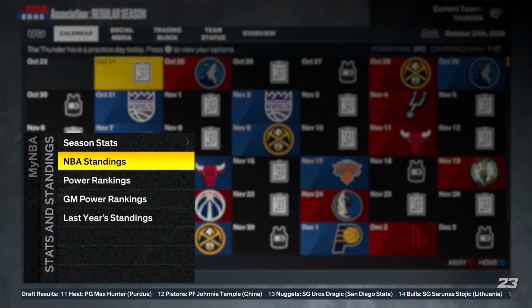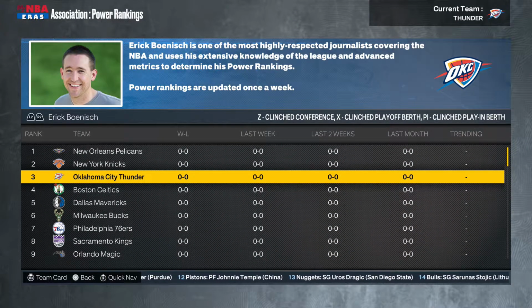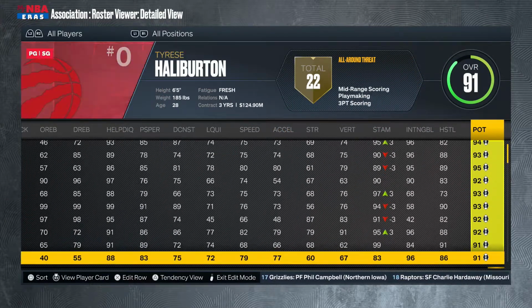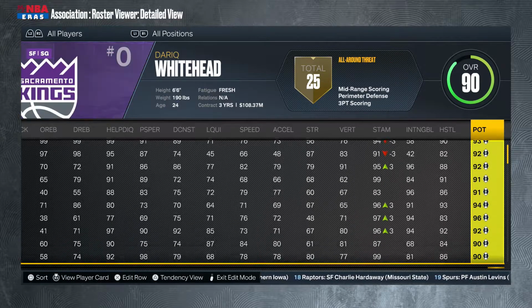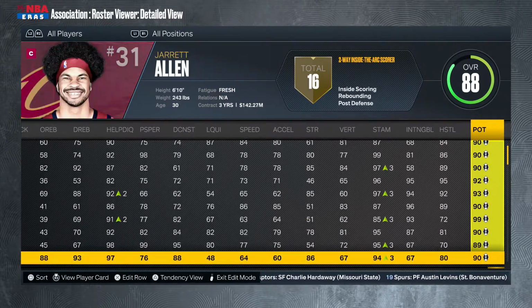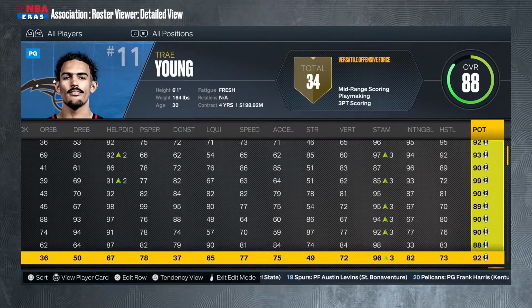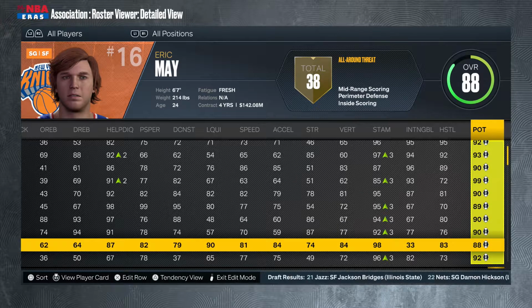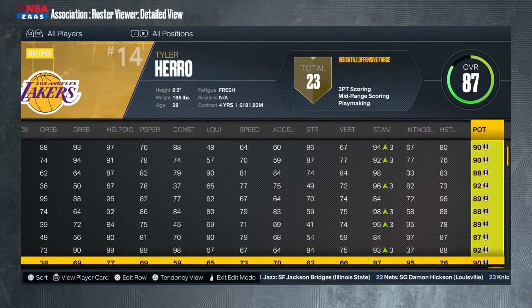Preseason power rankings. Yet again, the Thunder are third. It seems like they're always third. I don't know why. Yeah, so you look at these max overalls. This is why I'm doing it by one every year. There's a whole bunch of low 90s. Devin Booker's potential is a 96, but there's very few 99 overalls. Kevin Durant, you see here. Like Eric May led the league in scoring, right? He's got an 88 overall max potential. So the overalls in 2K are completely...